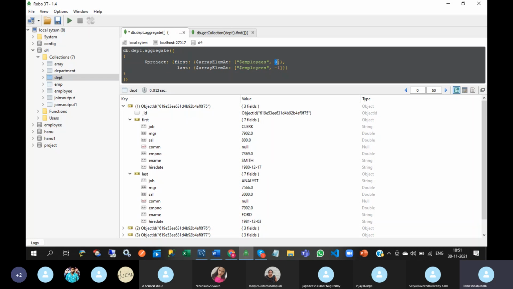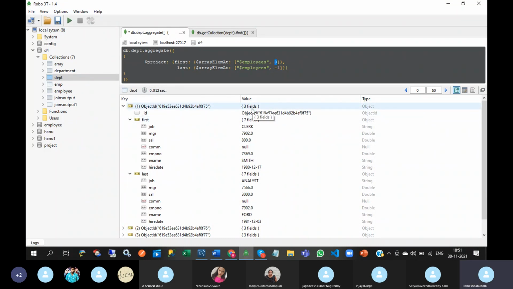If you give 0, then you can get the first element. If you give -1, then you can get the last element. So that is array element at.